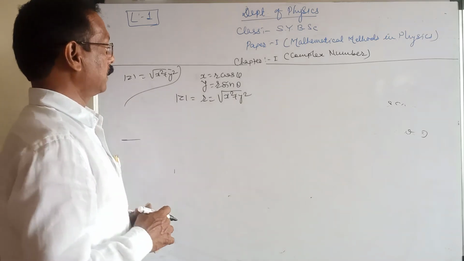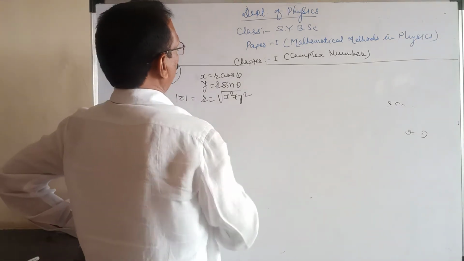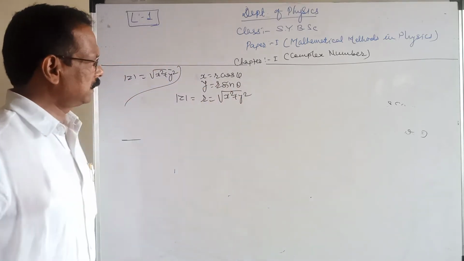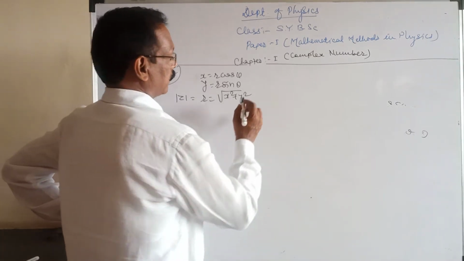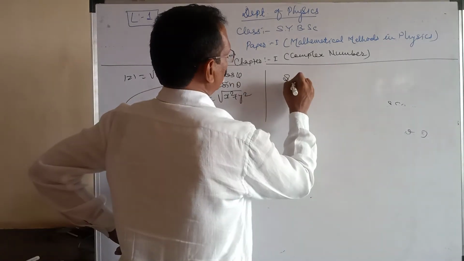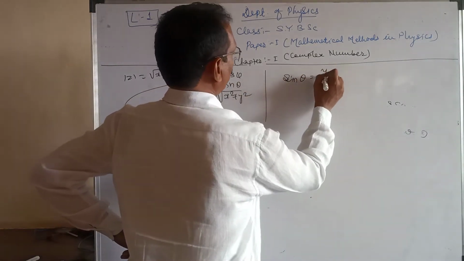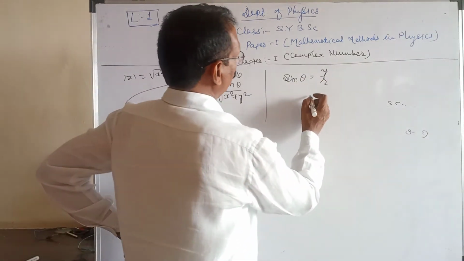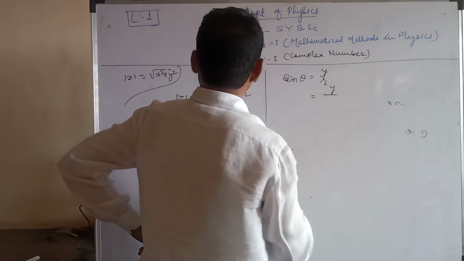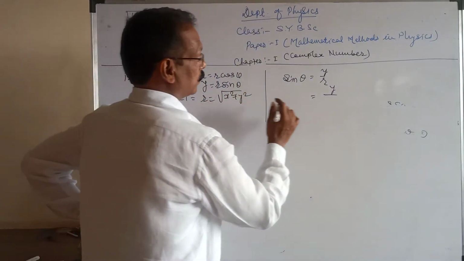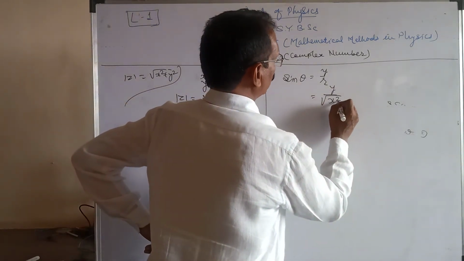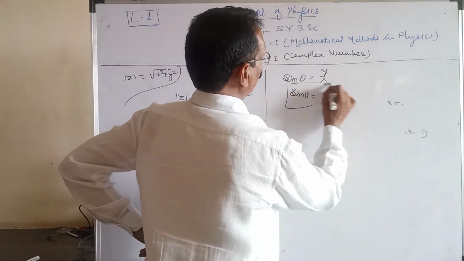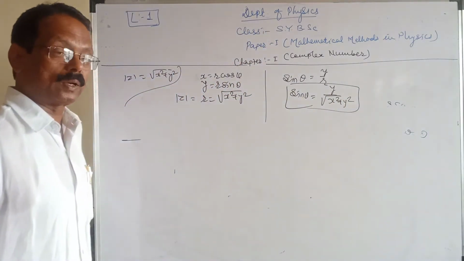Now we have to see what is r, what is x. x is equal to r cos theta, and y is equal to r sin theta. So then we have to find out what is sin theta. Sin theta is equal to y by r. Correct. So can we write it this way? y upon r, where r is equal to under root x square plus y square. So this is the value of sin theta: sin theta is equal to y upon under root x square plus y square.